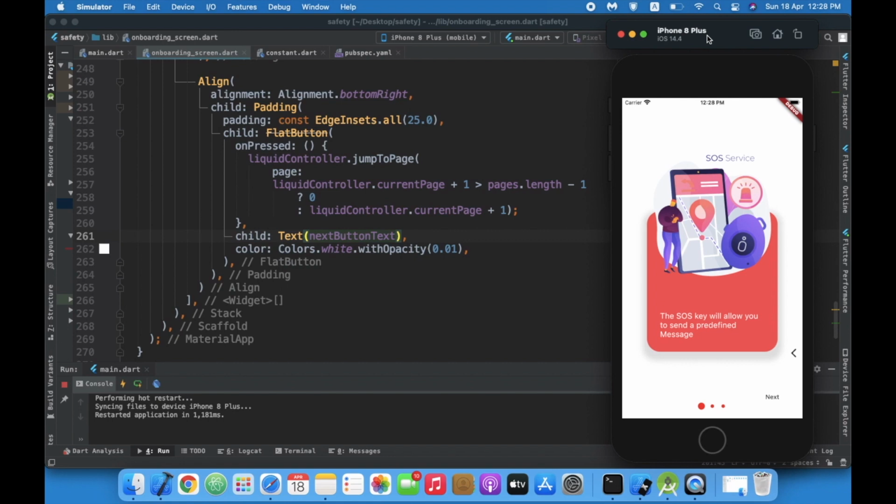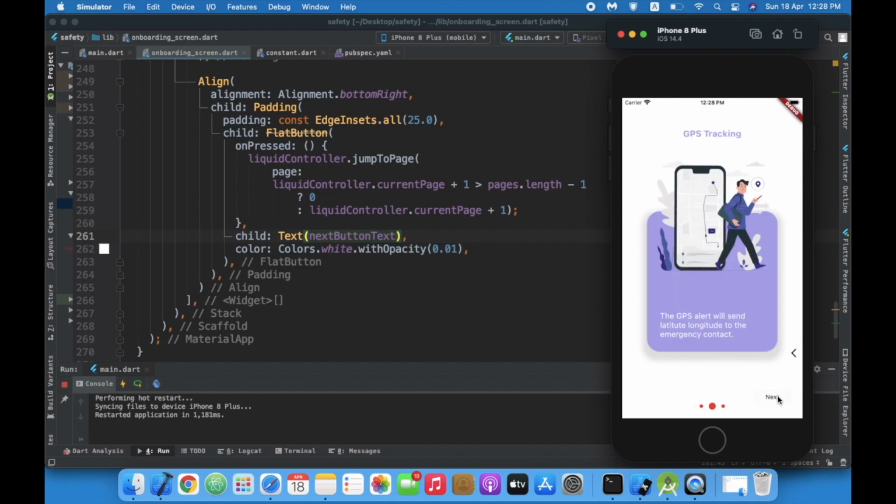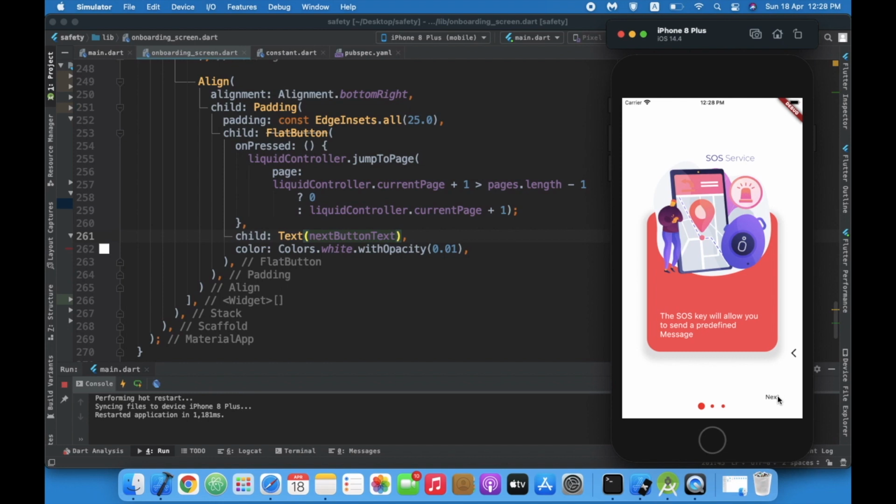I'll tell you how I'm going to need that. So this is the next button. Let's check if our next button function is working. Yes, it is working completely.